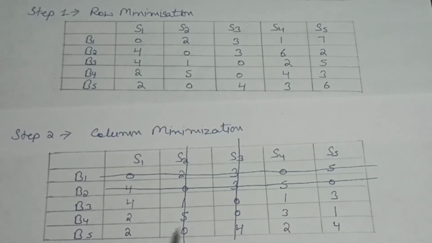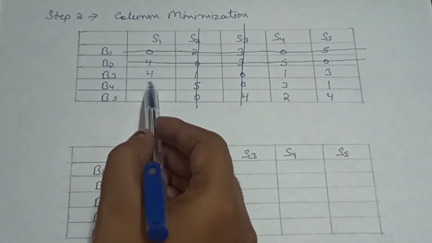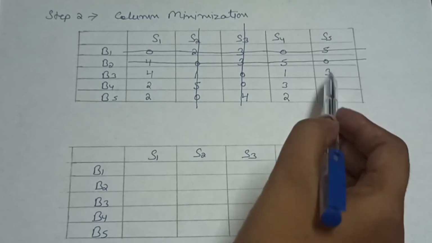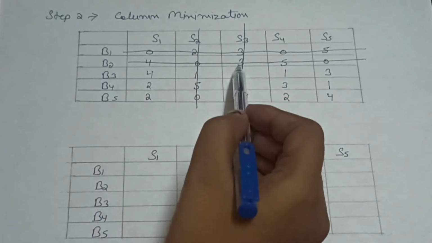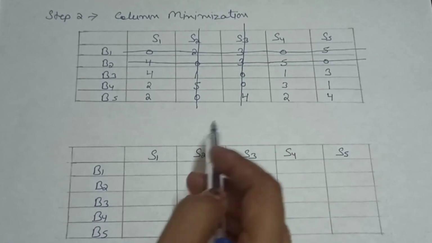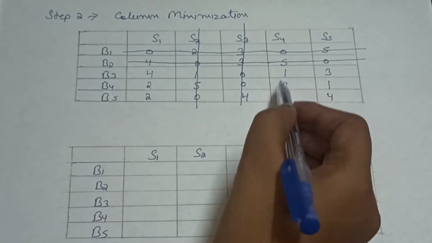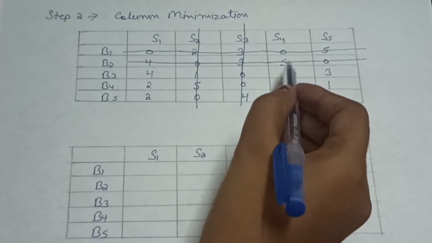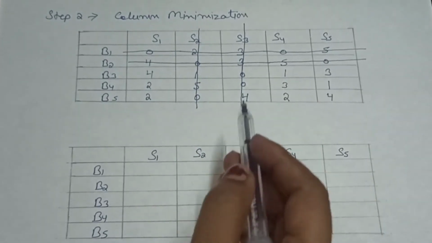So you can see students, here we have 4 lines: 1, 2, 3 and 4. But the order of the matrix is 5 by 5, with 5 columns and 5 rows. So we can say our solution is not optimal. We have to go to the next step. So we have to check the minimum element among the uncovered elements. These elements are uncovered; we can't check the covered elements. Among these uncovered elements, you can see 1 is the minimum element. So we will select this 1.